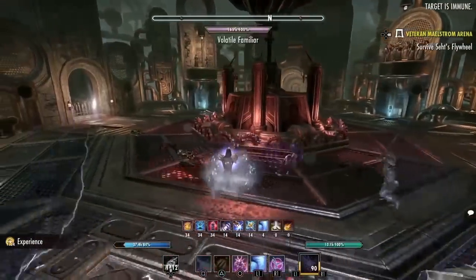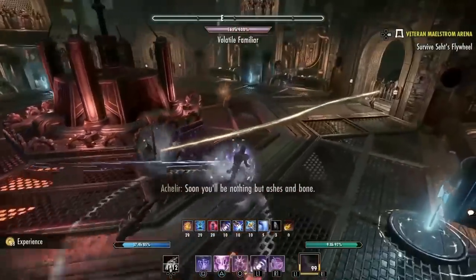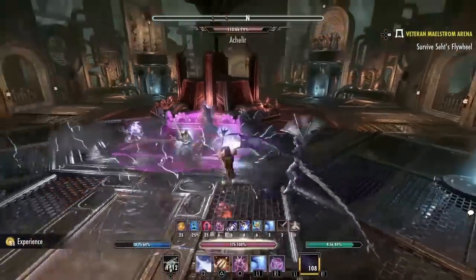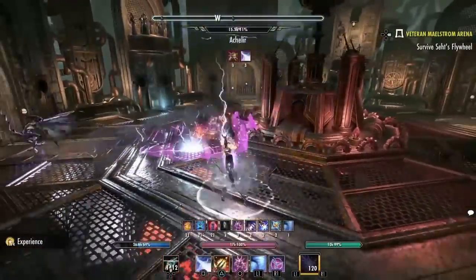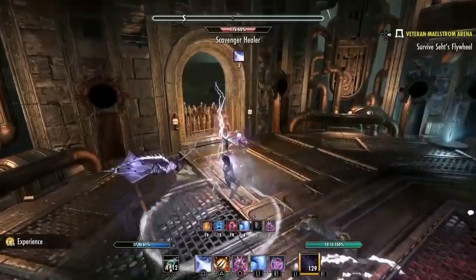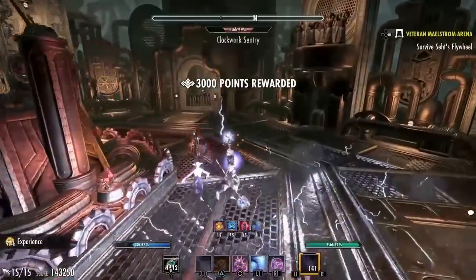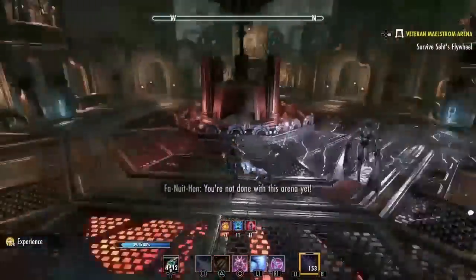Take my time to look, check my surroundings and see these little clockwork sentries, because you want to kill them as soon as they spawn. Just so you don't get any of them built up. And I mean, throughout this round, I get a lot of them built up. But that's just poor management of watching out for them. So on to the next round, I'm going to camp this spawn again, because I know these